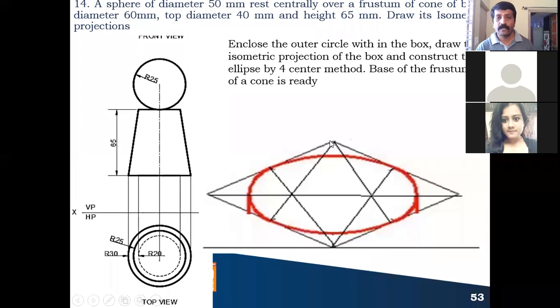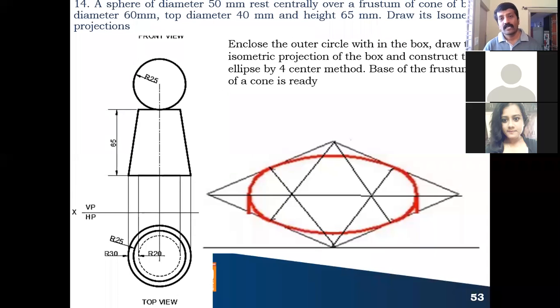Now the four points will be getting 1, 2, 3, and 4. From this point, either this or this as the radius, you draw an arc. From this point, either this or this as the radius, you draw an arc. From this intersection point, either this or this as the radius, you draw an arc. From this point, either this or this as the radius, you draw one more arc. So the base of the frustum of a cone is ready.